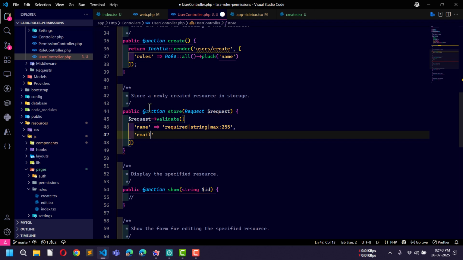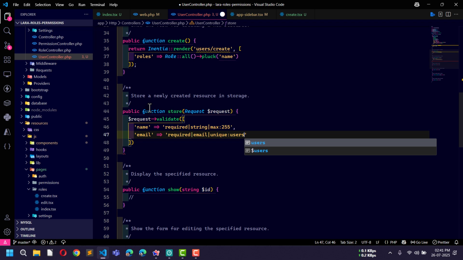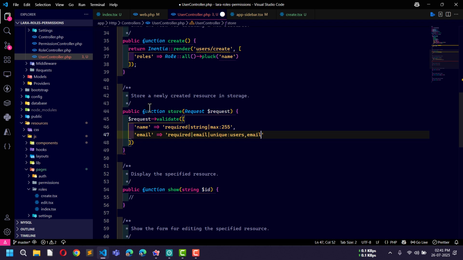Now email, which will be also required, pipe symbol, email, pipe symbol, unique users email. Okay, now password,